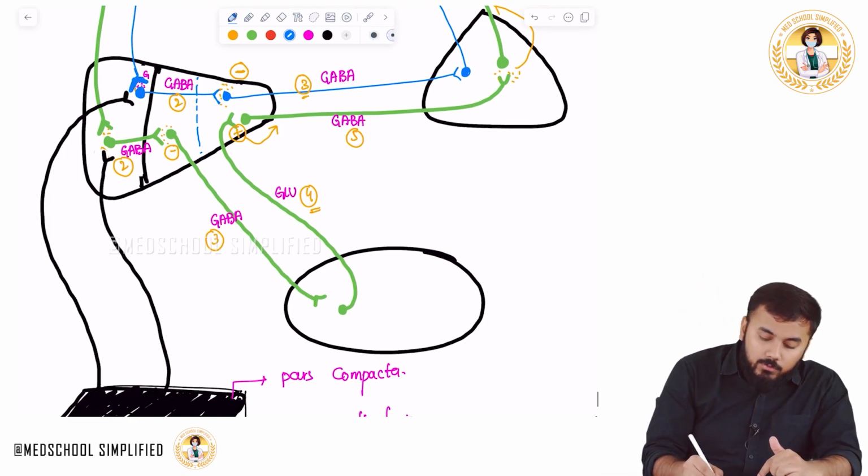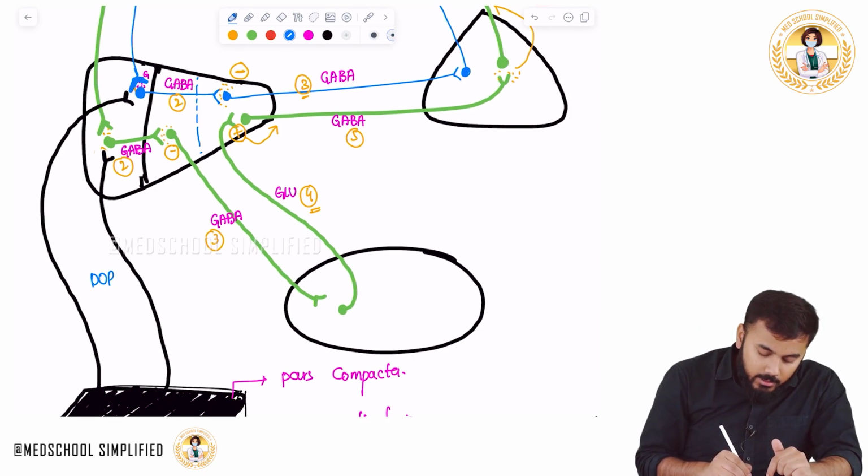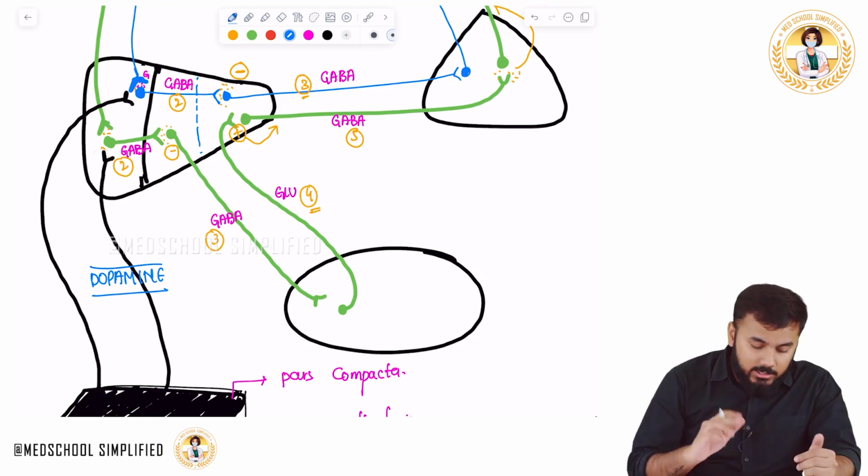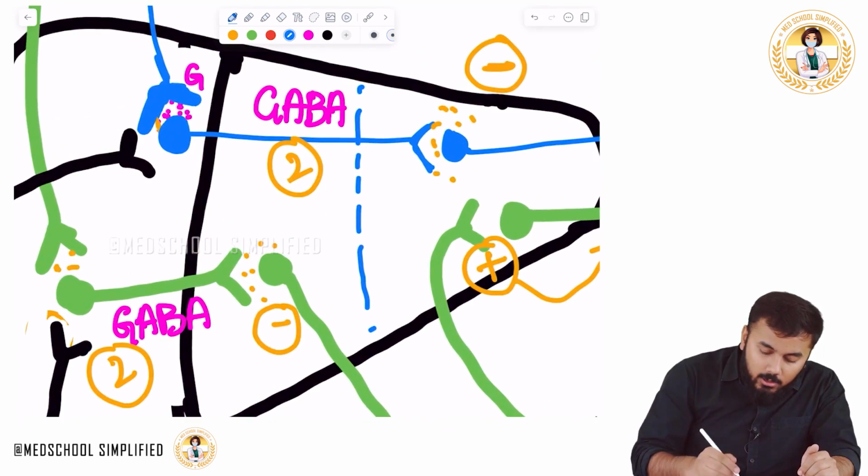Neuron number 1 and neuron number 2, both of them are releasing what? Dopamine. Both of them release dopamine, but the actions will be different. When both of them are releasing dopamine, still the actions are different. What are these actions? Look here. If you very closely look here,